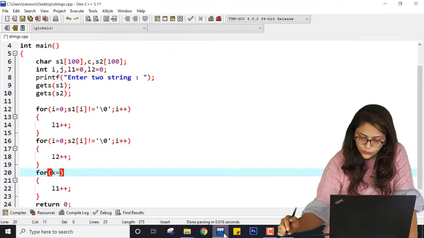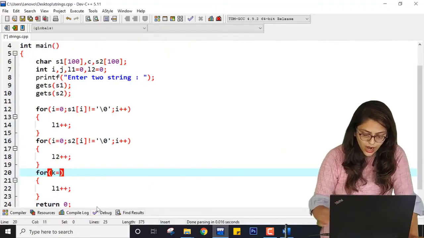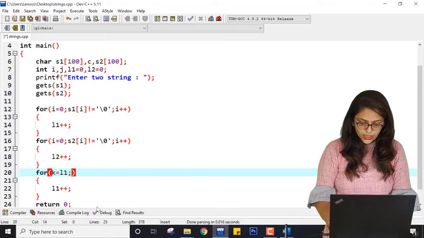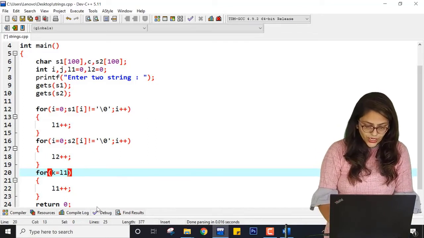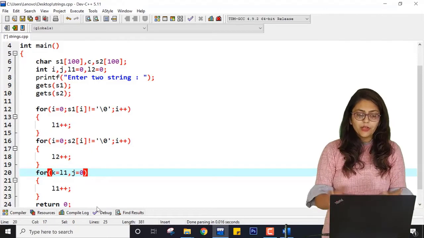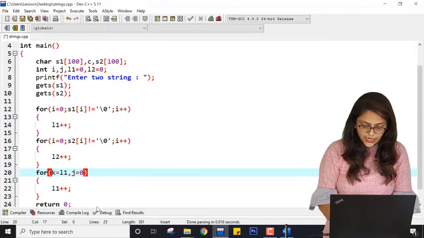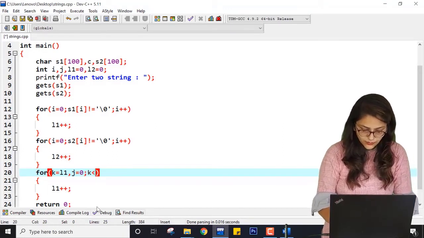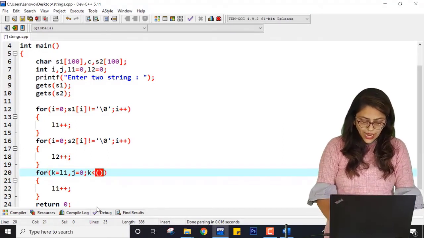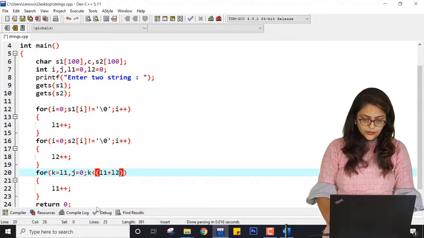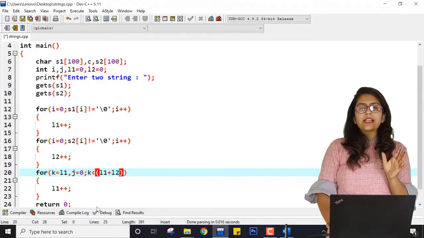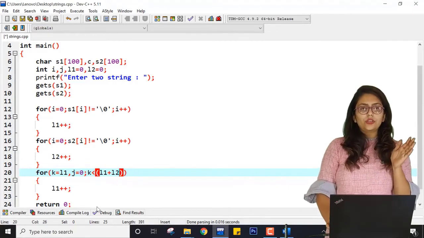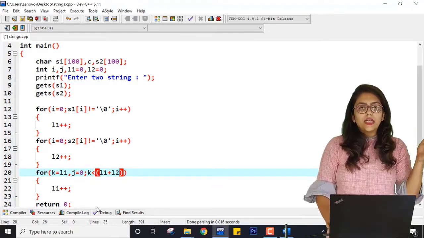So here let me go to my IDE. K will start with L1. Then j will start with 0. We know why j, because it is for S2. Then k is less than L1 plus L2, because L1 plus L2 is 7 over here, so I want the loop to be executed from 3 to 6.